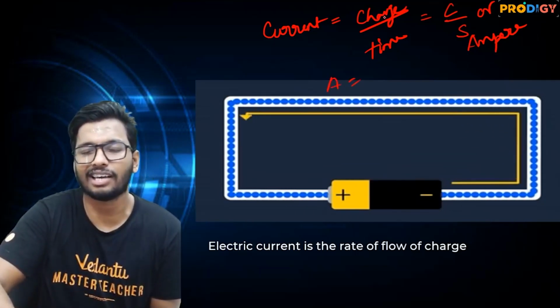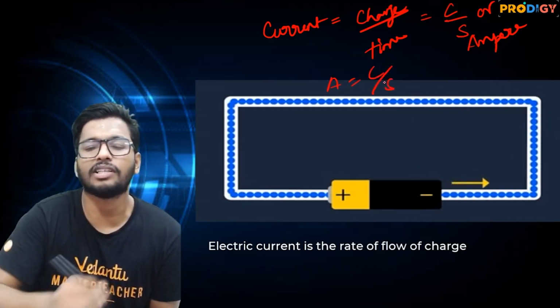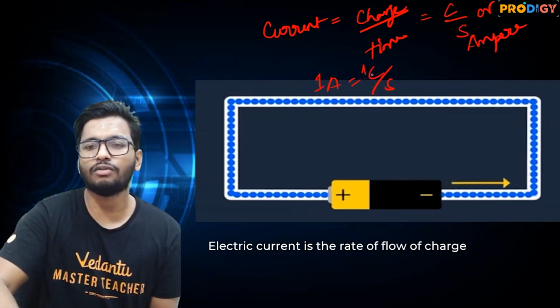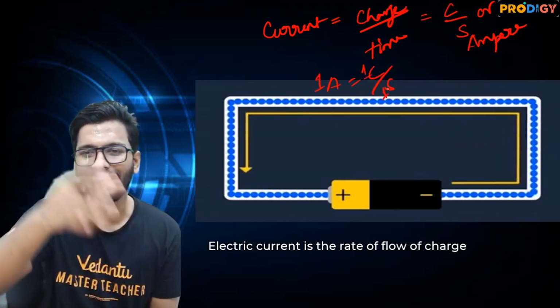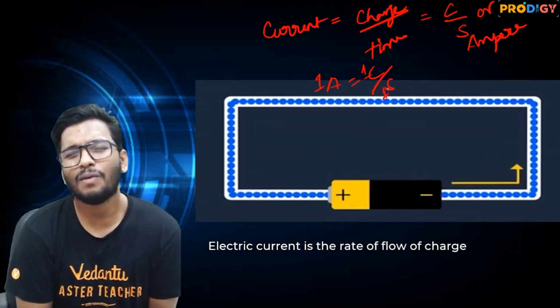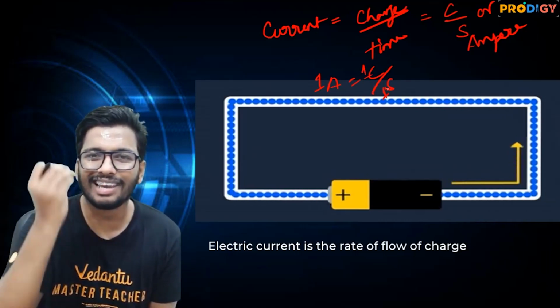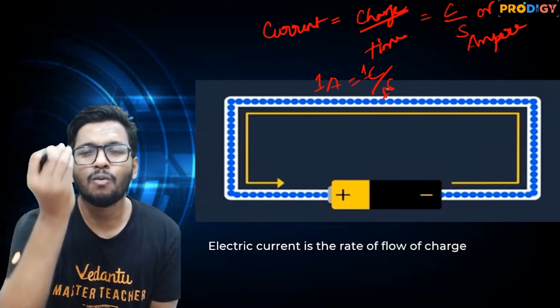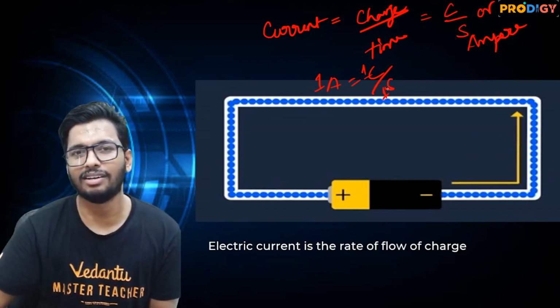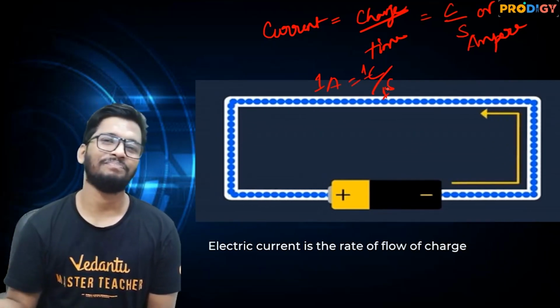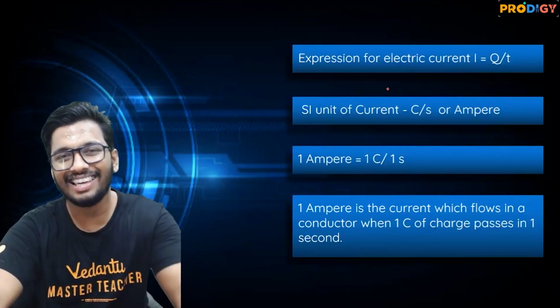The SI unit of current is amperes, or we can write it as coulomb per second, the SI unit of charge is coulombs, and the SI unit of time is seconds. So if I were to just put 1 in front of all three, in front of A, in front of C, and in front of S, what will it become? Just read it out in your own words in English. The current is said to be 1 ampere when 1 coulomb of charge flows in 1 second. That's all. Easy 1 mark.